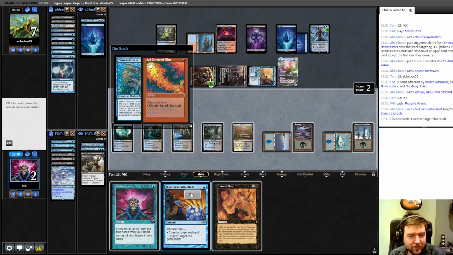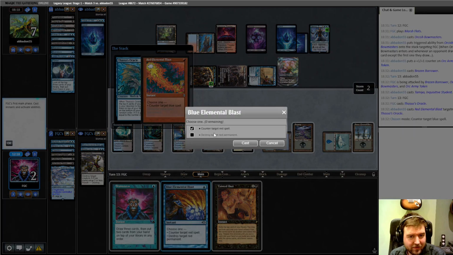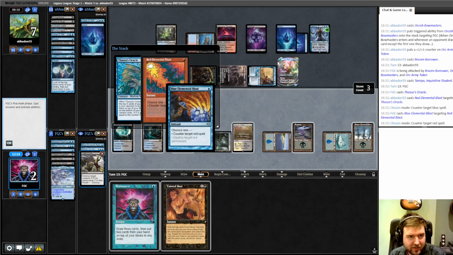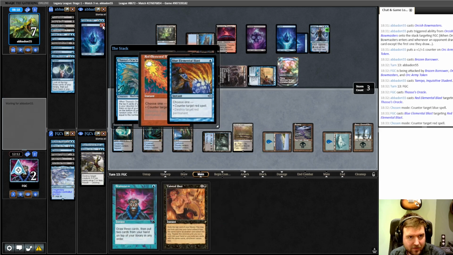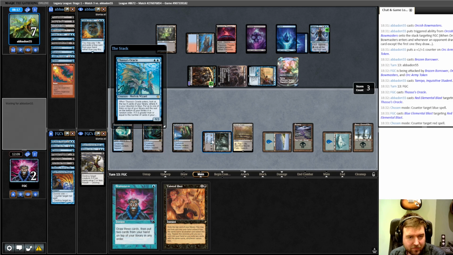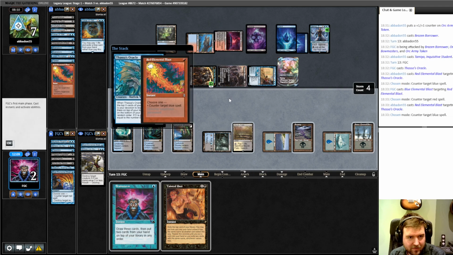They have a Red Blast? They do have a Red Blast, and they don't... They tap out of the Force of Will, so now they have to have a blue card. It's going to resolve? There's no way this works, surely. They must have another Red Blast. They do, and...